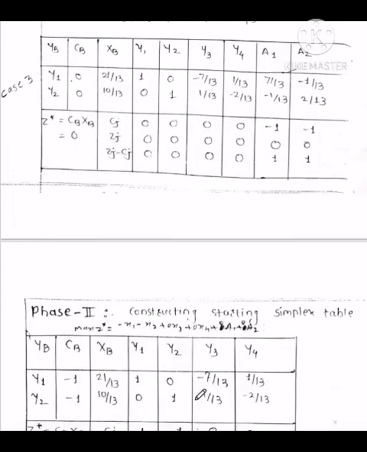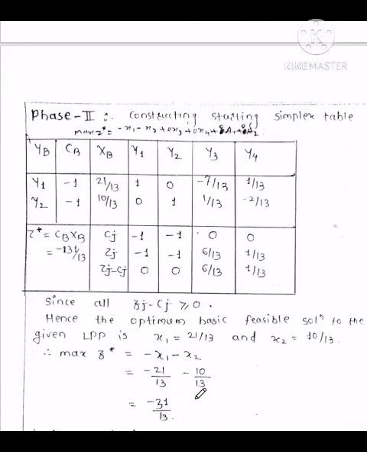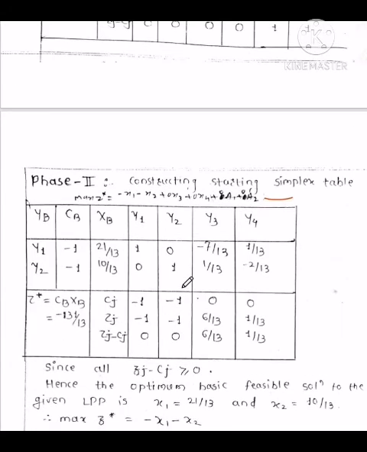Okay, so now we will go to the phase 2 method. For this phase 2 method, we will construct the starting simplex table. For this, we will construct the modified objective function. Our original objective function is maximum z star equals minus x1 minus x2 plus 0 x3 plus 0 x4 plus 0 a1 plus 0 a2, our original objective function. Okay, so what we have to do here,